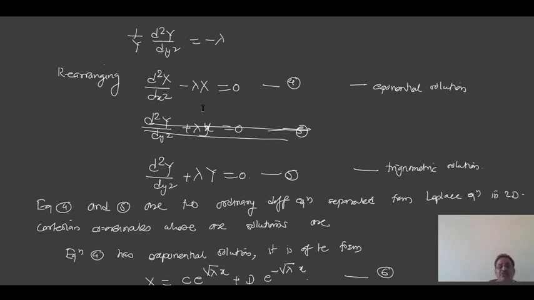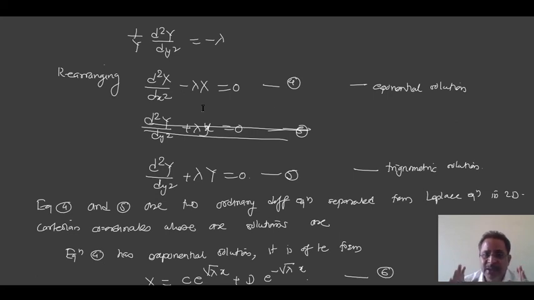So that equation d square capital X upon dx square minus lambda into X is equal to 0 is a very common second order ordinary differential equation. Its solution is the combination of an exponentially increasing function and an exponentially decreasing function, given by equation number 6. Whereas equation number 5 is the second order ordinary differential equation in y, exclusively depending upon the second variable small y, and since its coefficient lambda is positive for the second term, this equation has the standard form solution which is trigonometric, or said to be oscillatory.